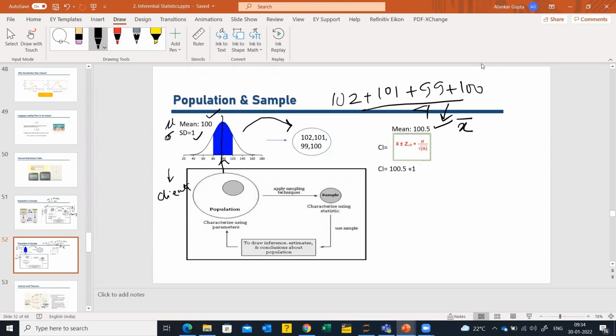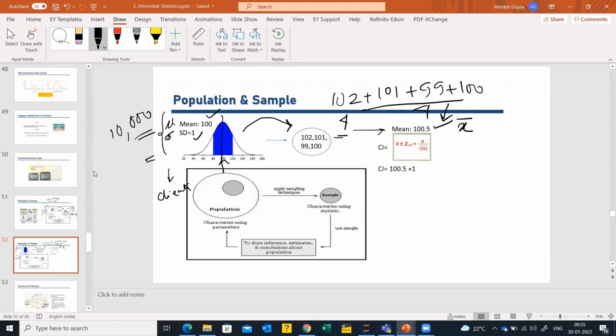Since this is a very big data, for example, every day I'm producing, say, 10,000 cloths. And the mean length is 100 for 10,000. And here the mean is 100.5 for only 4 items, right? So this is a very big data, but this sample size is very small, right? But then what do we need to do to find out the confidence interval? So now if I want to find the confidence in my data, what should I do?